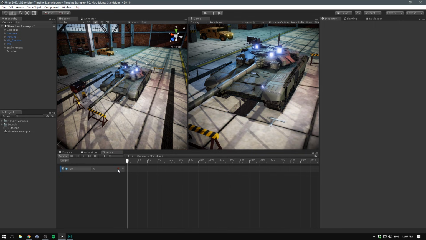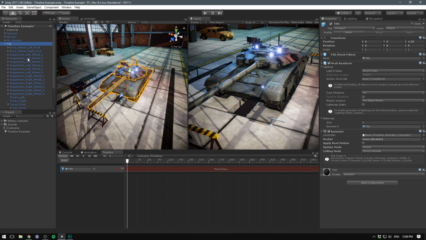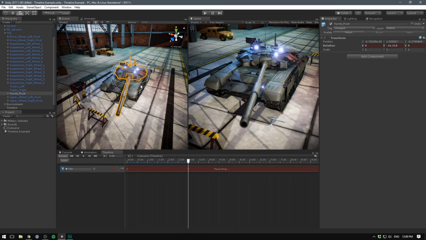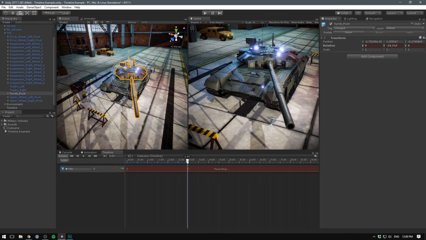Now I can simply hit the record button, and I can then start keyframing different parts of my T90. I'm going to find the turret pivot, find a good start rotation, go forward a bit on the timeline, and right now this is displayed in frames. We can change this by going to the cog and selecting seconds instead. Now I think 3 seconds sounds about right. I can then rotate it over and it's going to insert a keyframe,